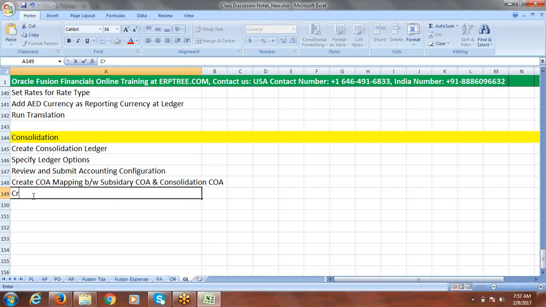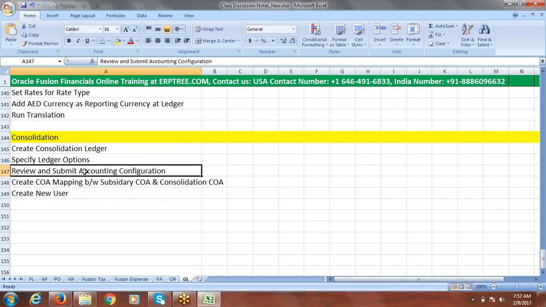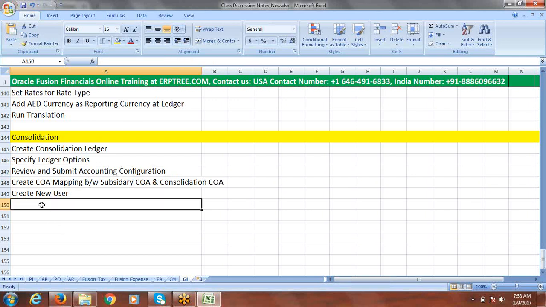After completing that, you can create a new user, because to test this functionality definitely we should have a separate user. And the moment you create the consolidation ledger, of course the actual point is when you review and submit, at that point of time the system will create the data roles for the consolidation ledger. So the consolidation ledger related data roles we have to assign to this new user.